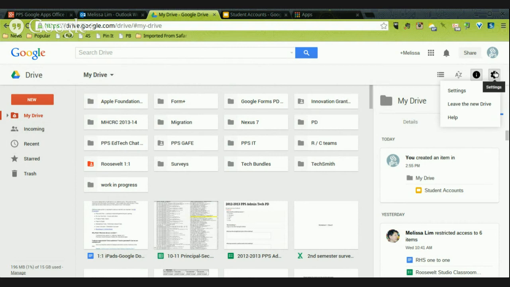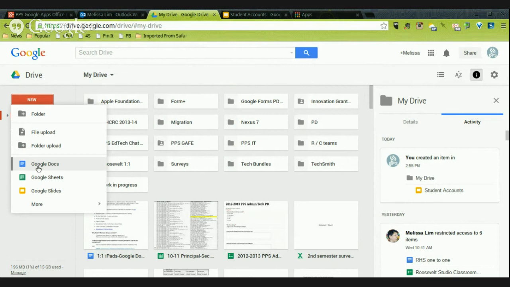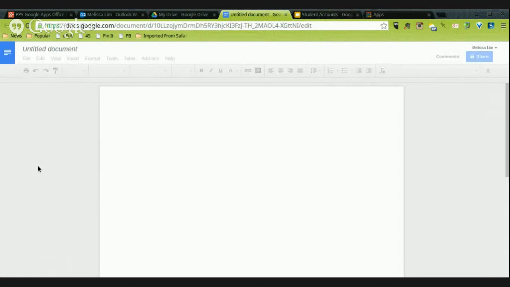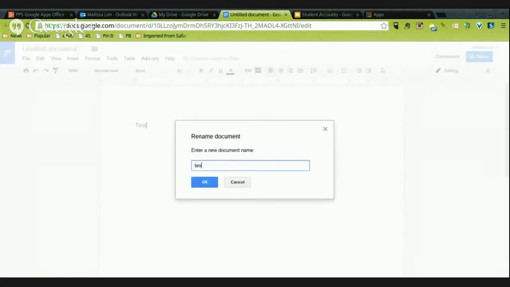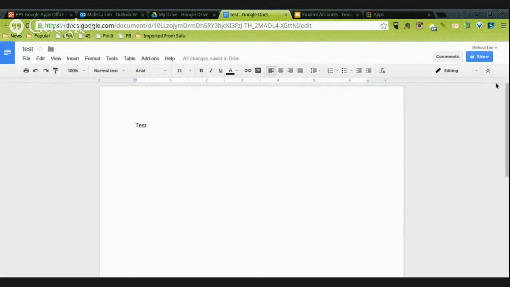But if I want to create a new document, on the left-hand corner here, I'm just going to click New and say New Google Doc. And so I can just call this Test. And so over in the top right-hand corner is my blue Share button. And if I just mouse over it, it tells me it's currently private to only me. So that's the default of a document. So if I click on this,